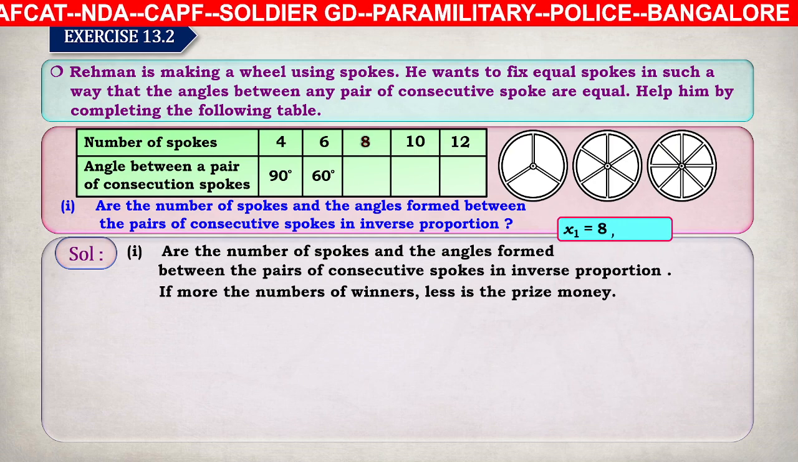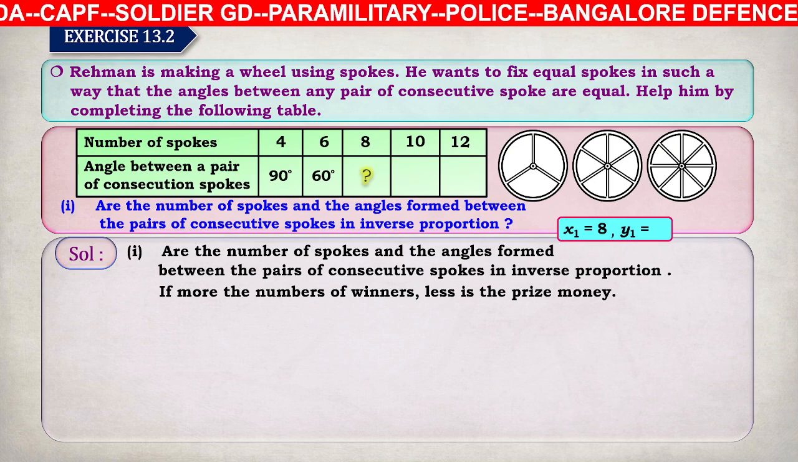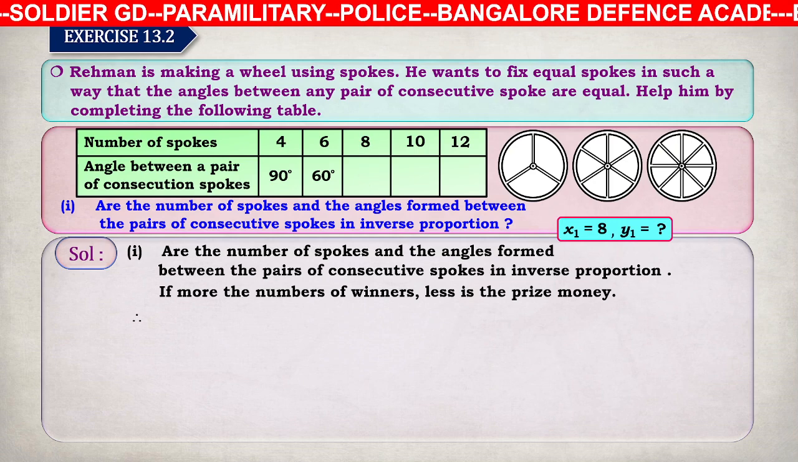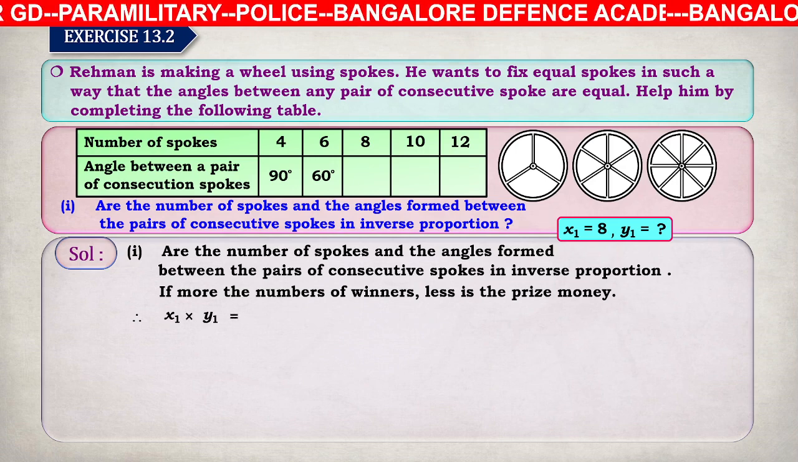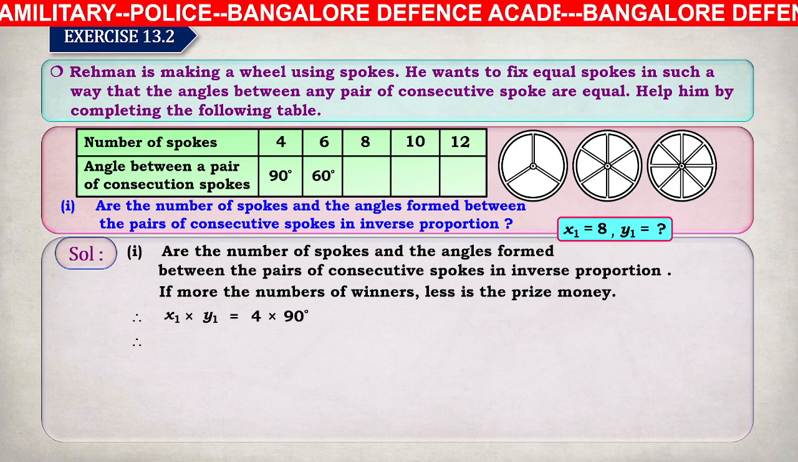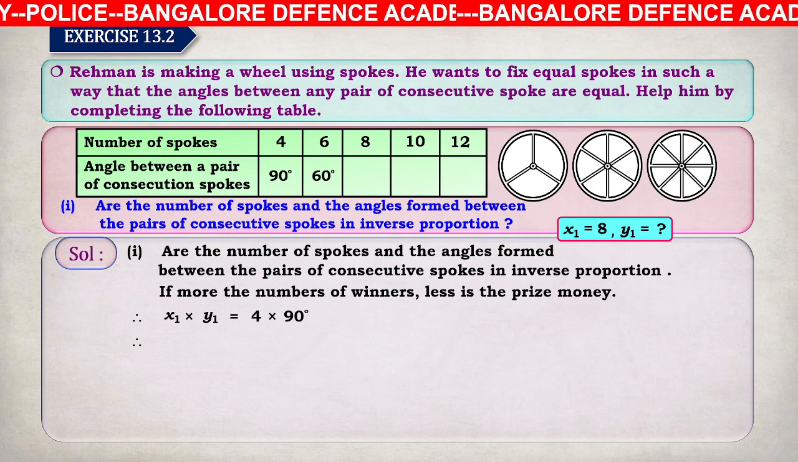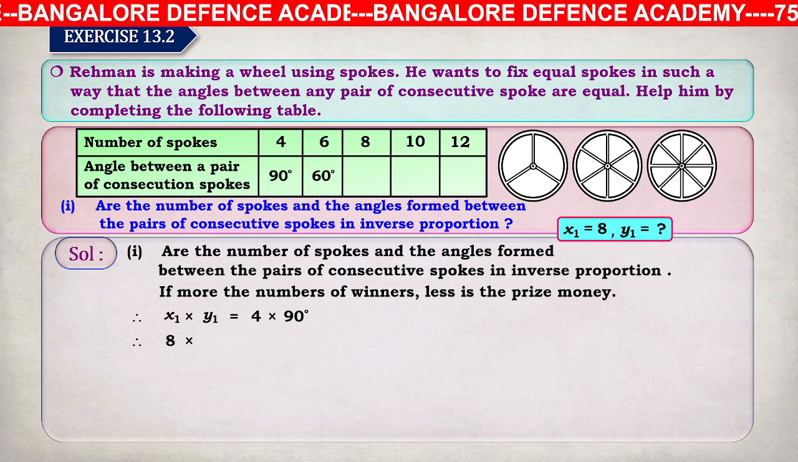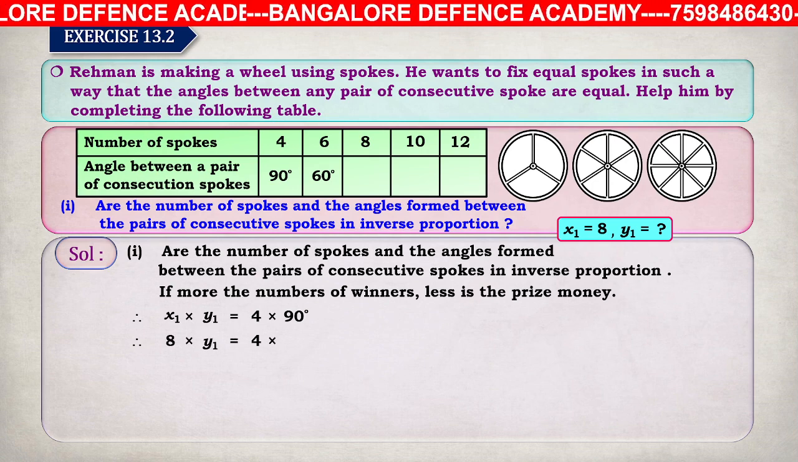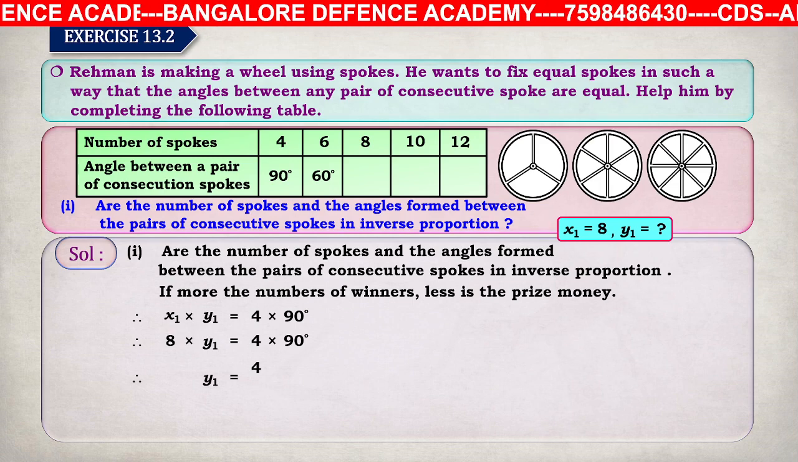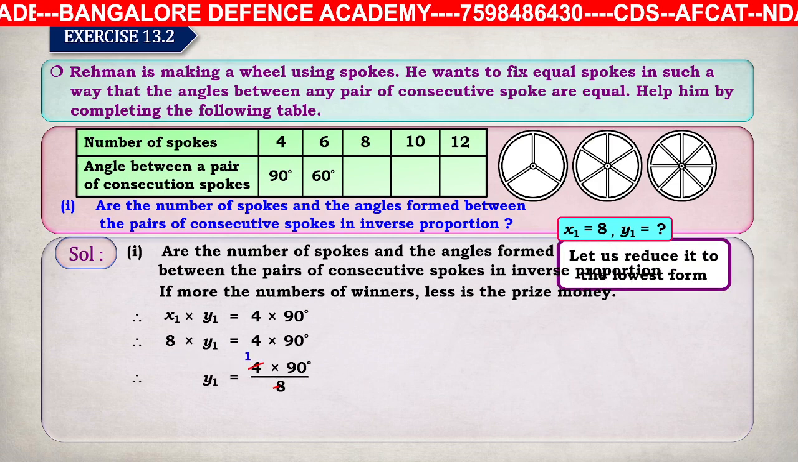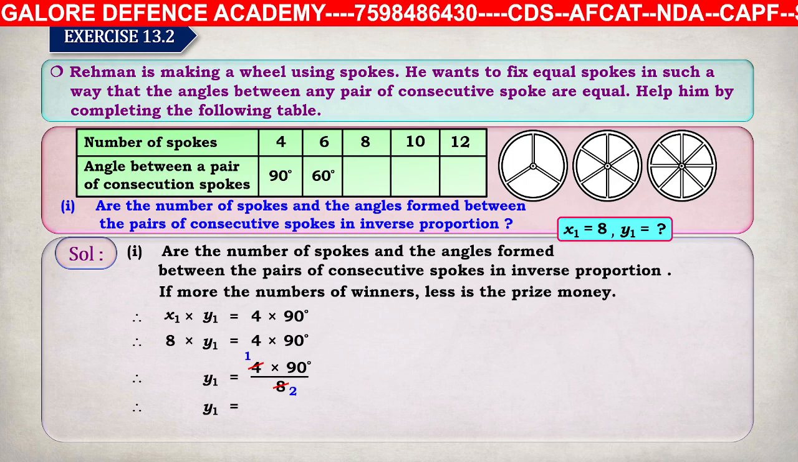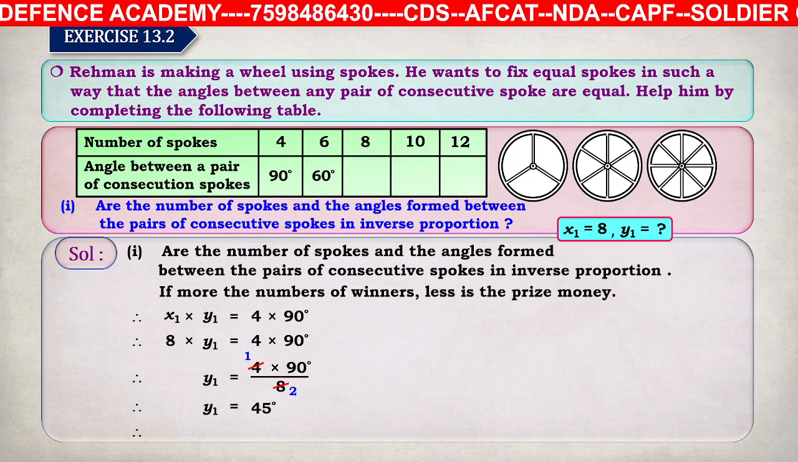Here, x1 is equal to 8, y1 I don't know. So if I take the product, that is x1 into y1 is equal to 4 into 90. You can take 6 into 60 also, you get the same answer. Next, you see 8 into y1 is equal to 4 into 90. You get 45. So if you have 8 spokes, the angle between each spoke will be